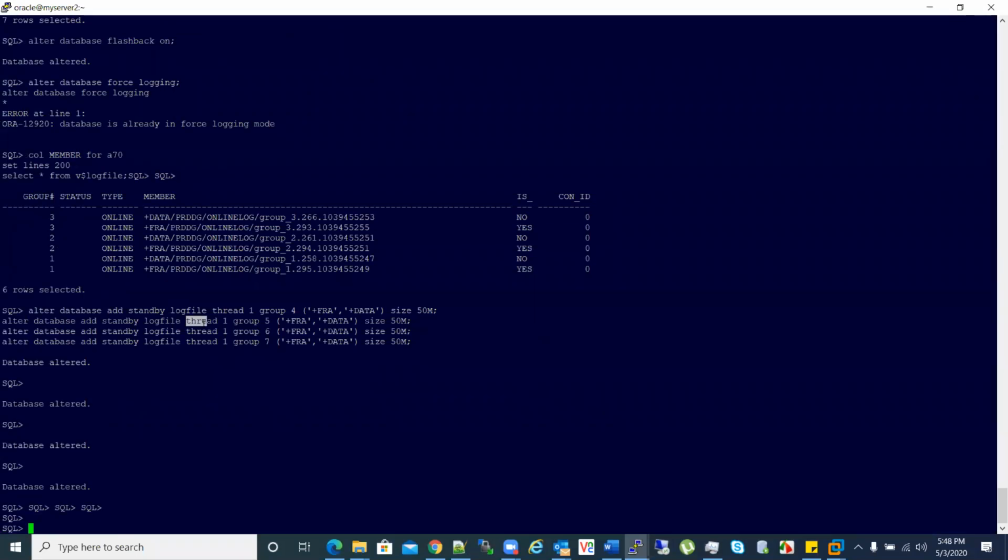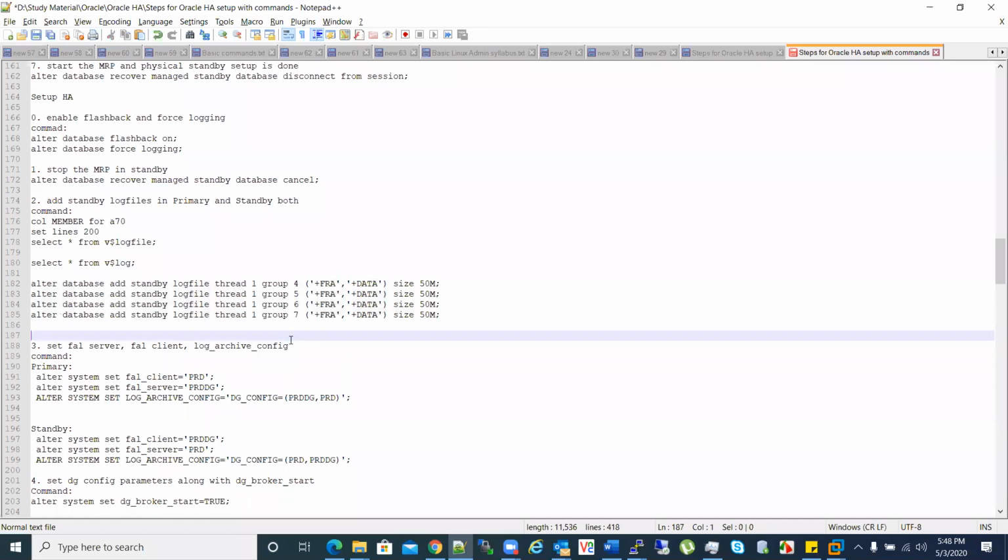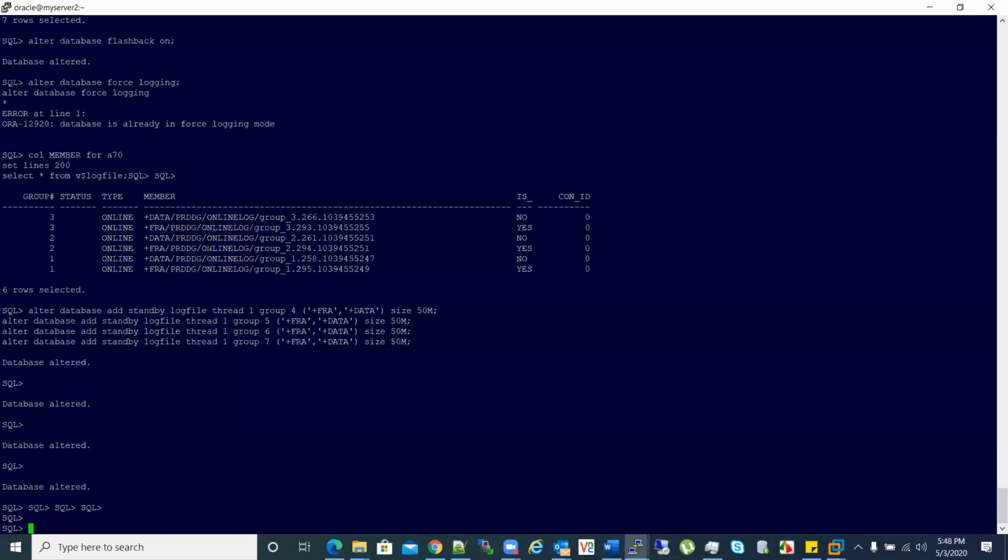What's the use of these additional standby logs? Whenever the online redo log data from primary comes, it is not directly applied here. Once the redo comes here, it goes into the standby log files, and then it is getting applied.